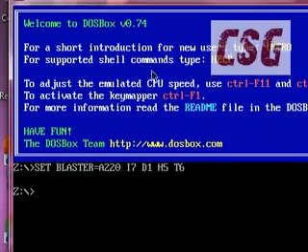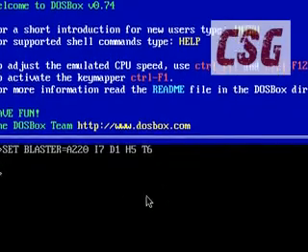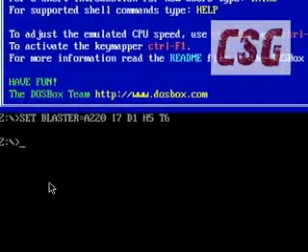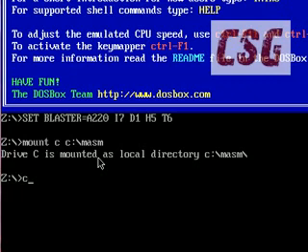Now what you have to do is, we have some commands. We are not in the C drive, but we have pasted Magemm in the C drive, so we need to mount the drive. So write the command that I'm writing: mount C space C colon backslash Magemm. Okay, enter. Now type C colon, enter. Now you can see that we are in the C drive.